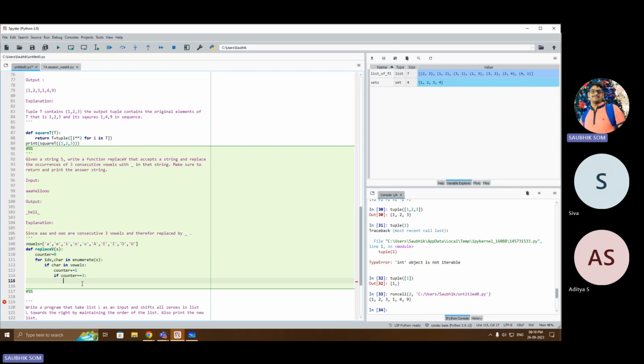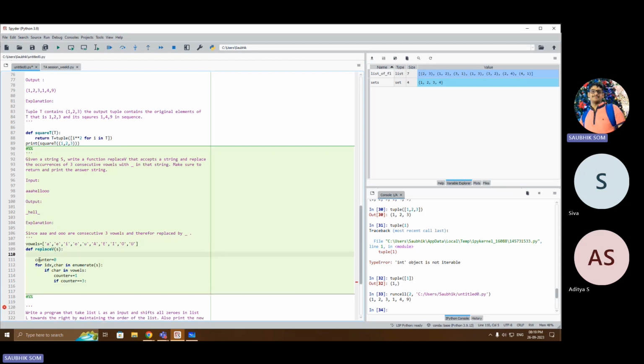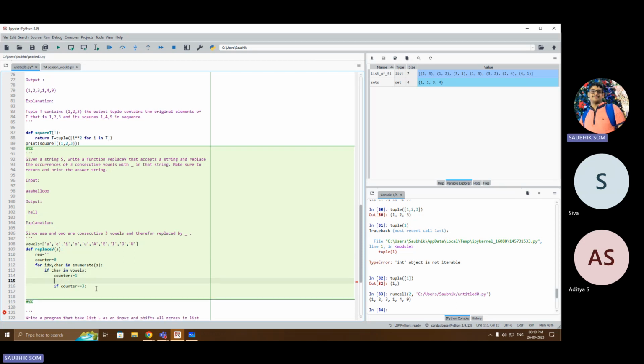So basically I have to replace things. For returning the result, I first have to start the result with an empty string. And if the character is in vowels, I have to basically append the character also, right? Res plus equal to, because I have to get the result also. I cannot change s directly itself, because otherwise this will become problematic. So res plus equal to